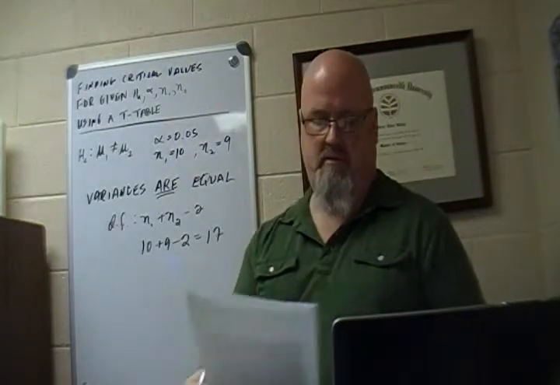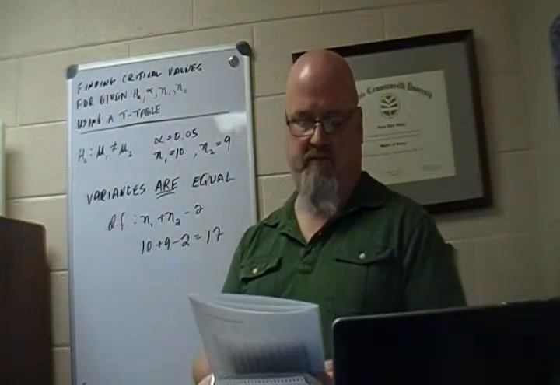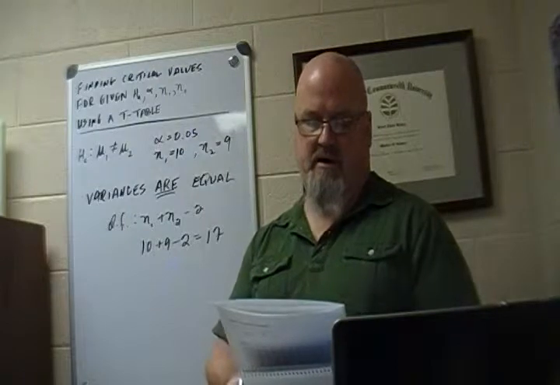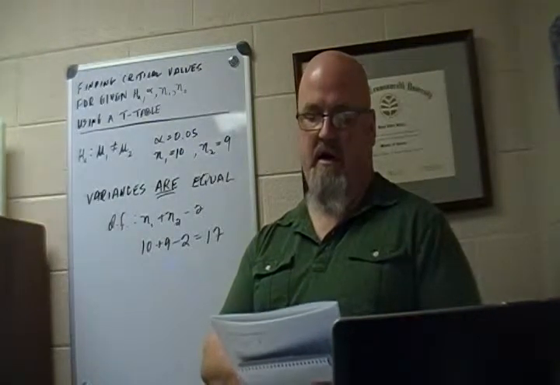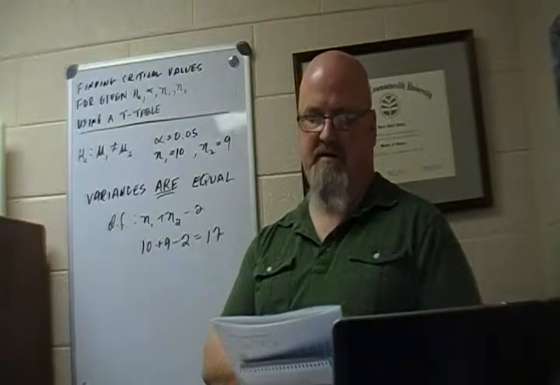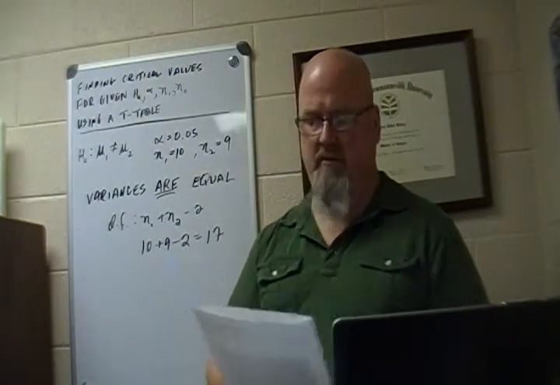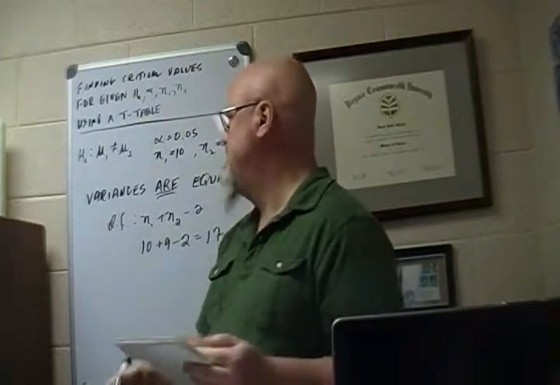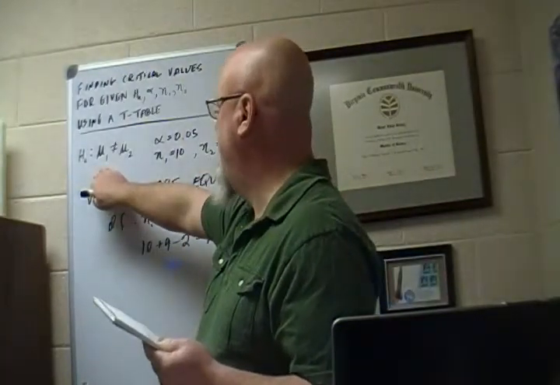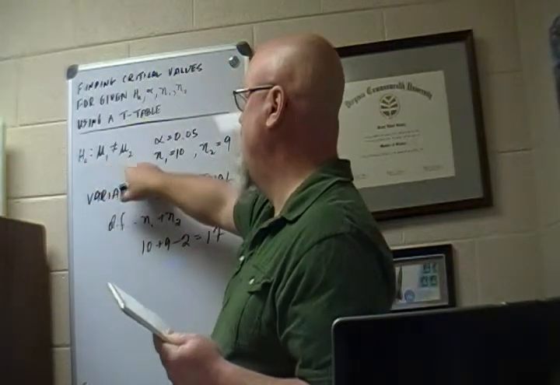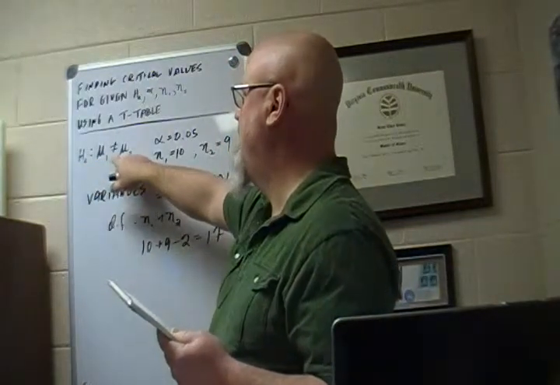So in our little table, we look down to the row for 17 degrees of freedom and over to the column for the 95% confidence level. We actually need to know one more thing. We need to know what kind of test this is. Is it a one-tail or a two-tail test? Well, you get that from your alternative hypothesis. Since mu1 and mu2 are not equal, since that's our hypothesis,